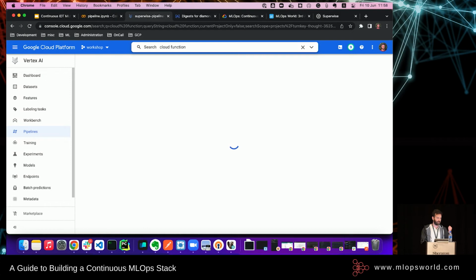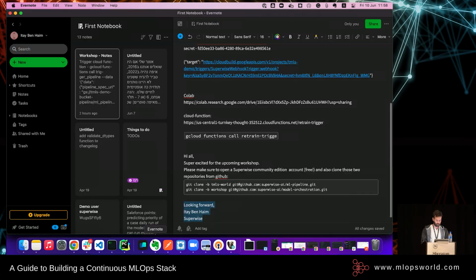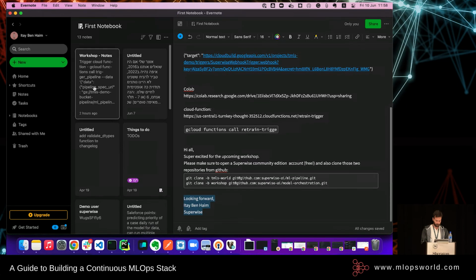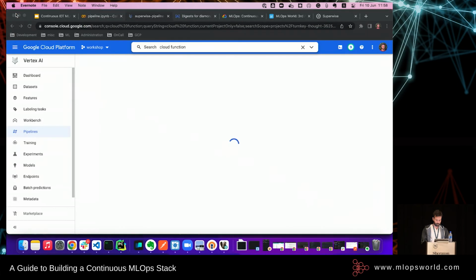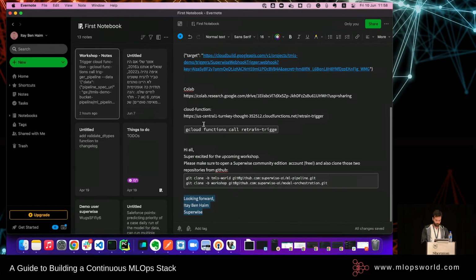I just need to bring the URI from GCP. This is why I really need it. Maybe I wrote it somewhere for myself. No, I don't have it here. Oh, I do. Perfect. Thank God for notes. Great.